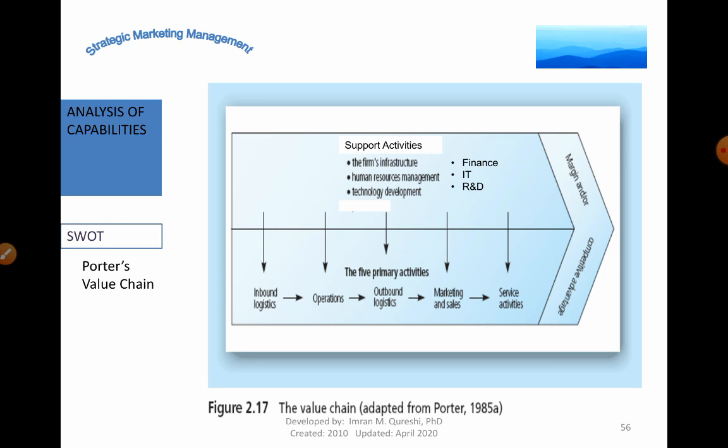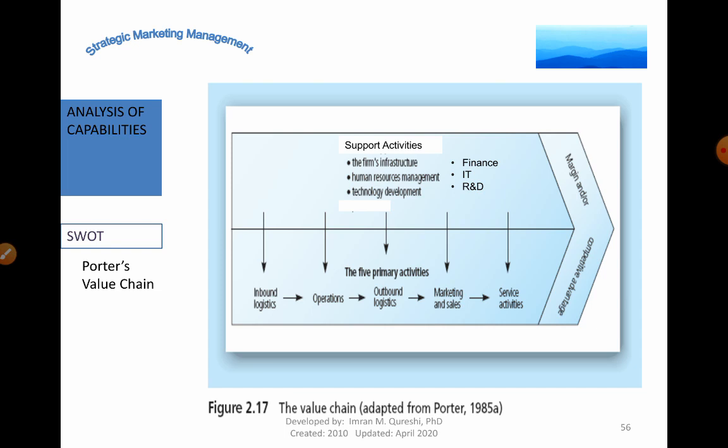Next one is Porter's value chain. Now, I hope you studied this before, but I'll just quickly go through this. The point of going through this is that this is a very, very good framework for telling us about the organization, because this framework, the Porter's value chain, actually incorporates all the functions and the processes that are there in an organization. So in terms of its activities, the processes, the activities.